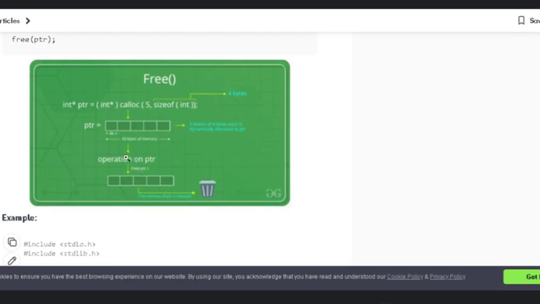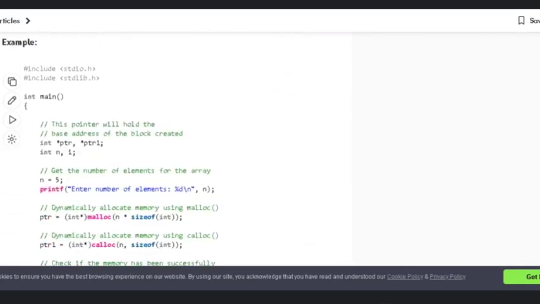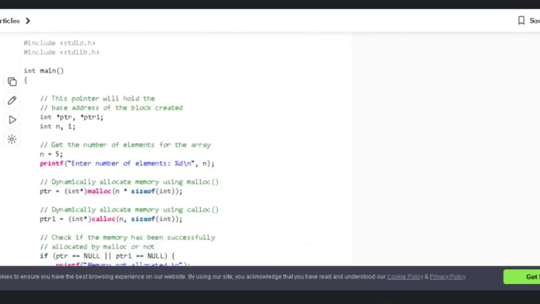And then when we write a statement using the free function, free(ptr), where ptr is the pointer variable representing the array, it is going to free or deallocate the whole of these 5 blocks of space. So that can also be tested.